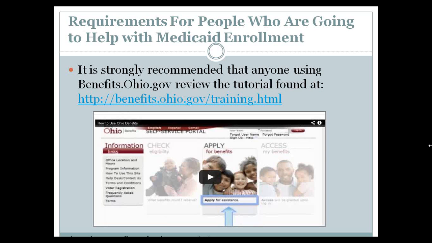Great. So in terms of who can help a person apply for Medicaid through benefits.ohio.gov, the Ohio Department of Medicaid has not come out with clear guidance on exactly what certifications are required or what sort of training is required, but they have provided a tutorial straight from benefits.ohio.gov, which I would call critical to watch before you try to help somebody through the process.